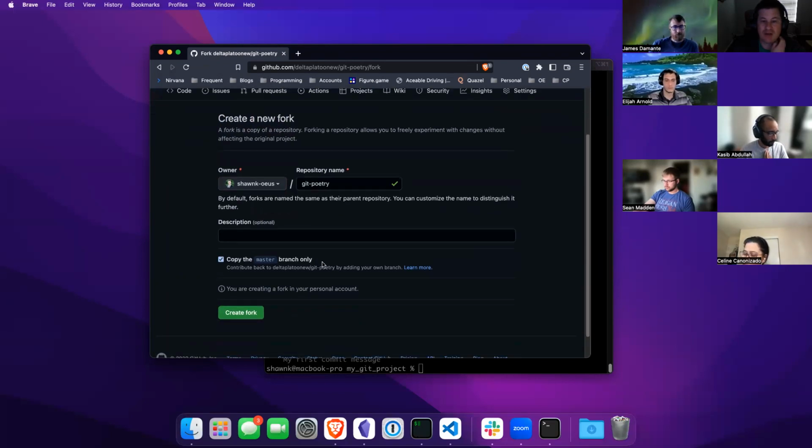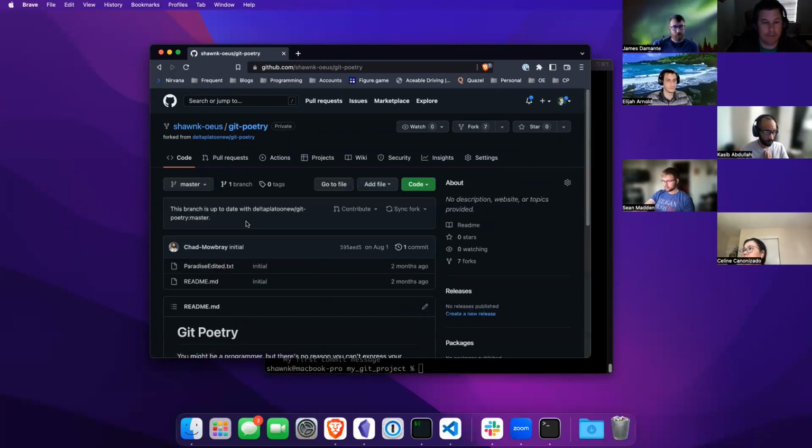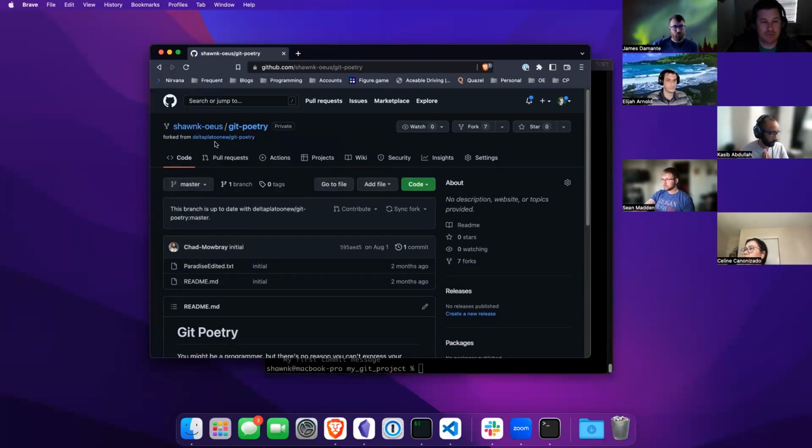I'm going to copy the master branch only and create a fork in my personal account. Okay, so now you can see it's in Sean K. OUS Git Poetry, which was forked from Delta Platoon evening and weekend Git Poetry. So now I have my own copy in